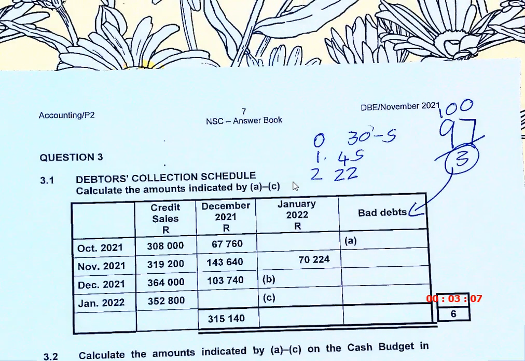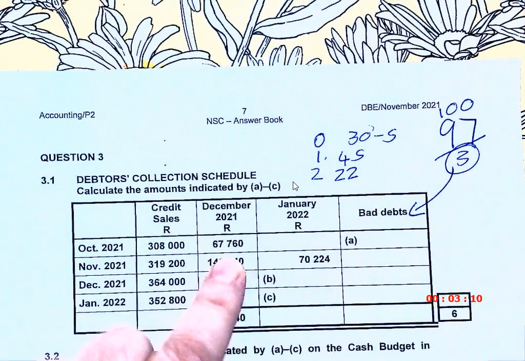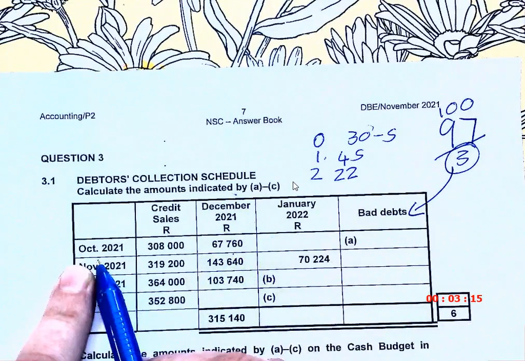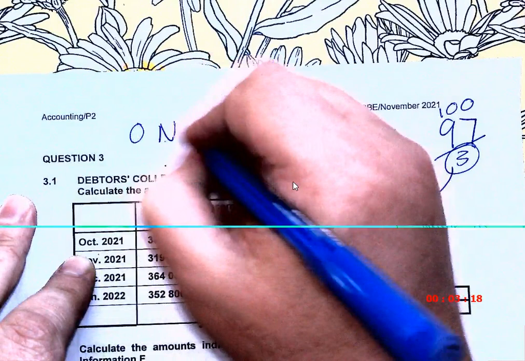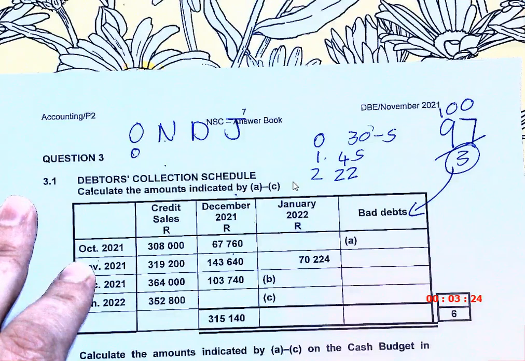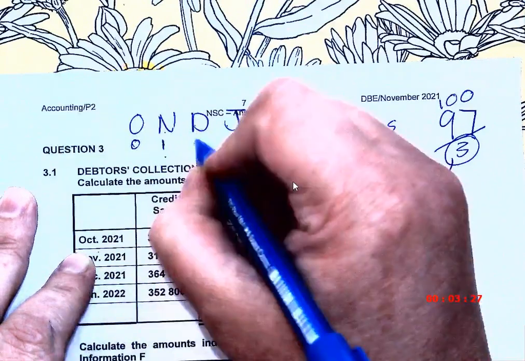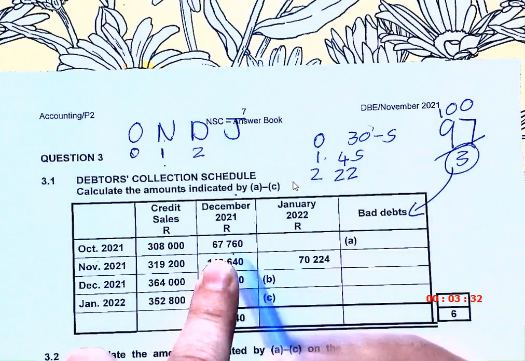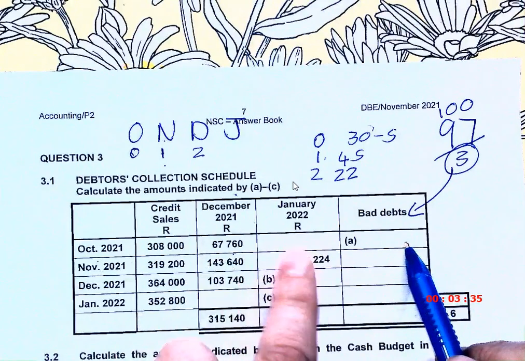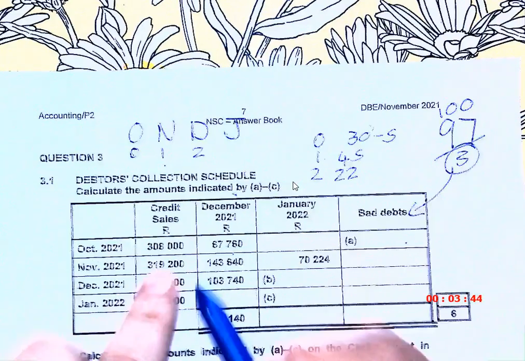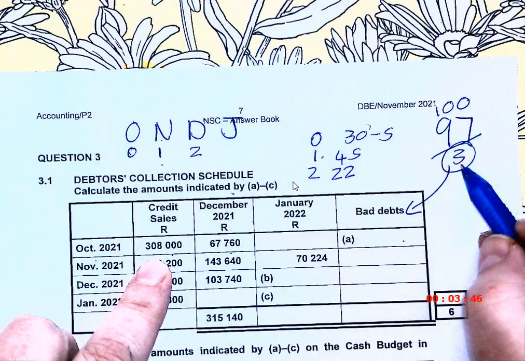So 0, 1, 2. So you can see December. Now let's see October. If I have October, November, December, January, October is month 0, November is 1, December is 2. So after December, I'm not going to receive anything, so I'm going to bad debt it. And I don't write it in January because I don't receive bad debt. I'm writing it off. It's not cash. Okay. So 308 times 3% gives me